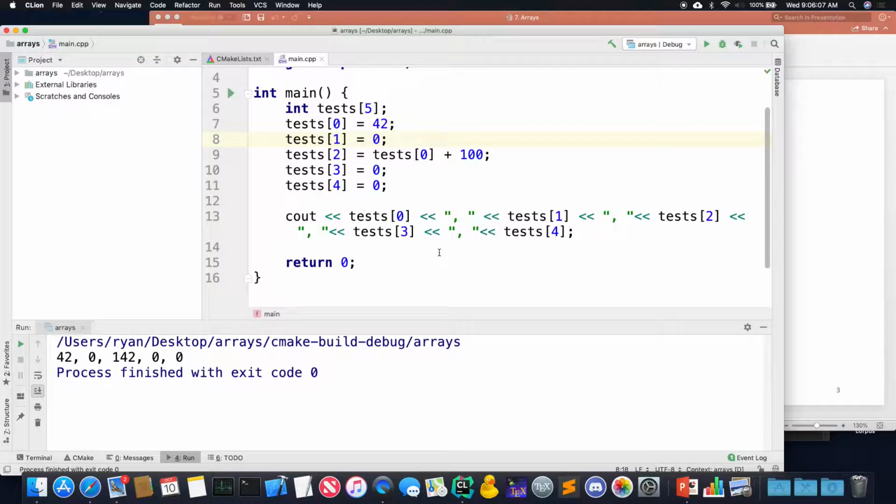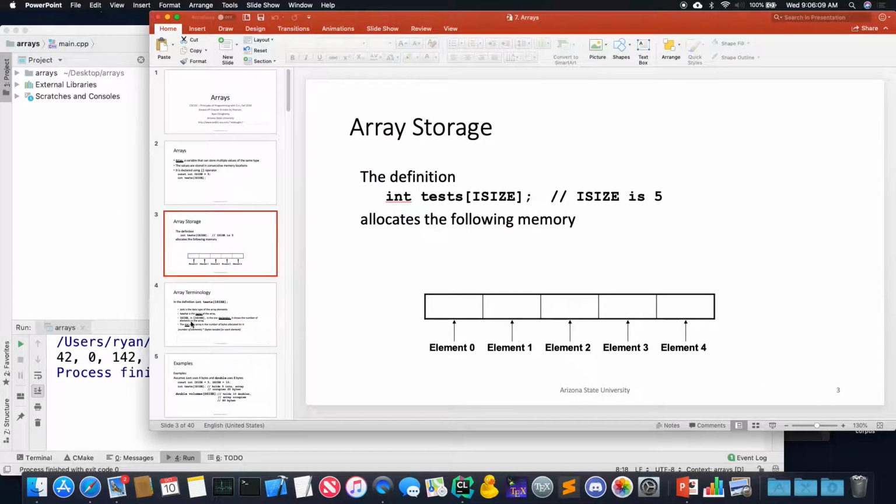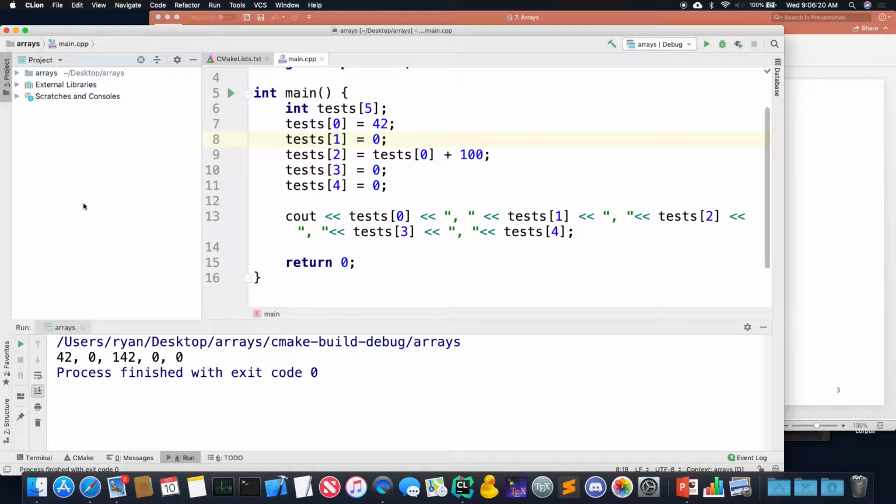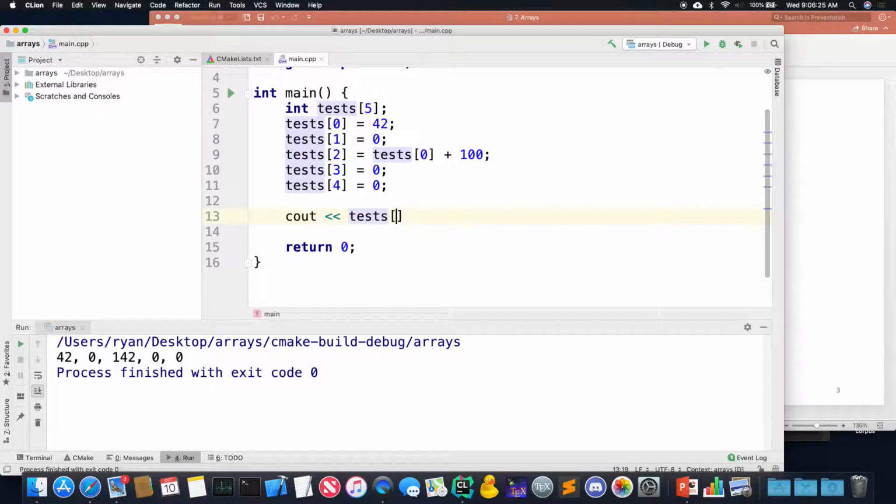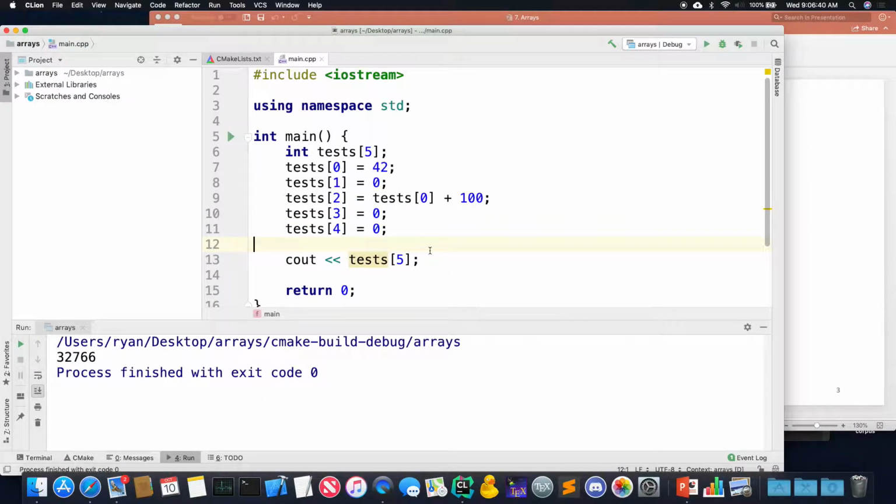Yeah. For the example with the array size, you said it was bad. What if you initialize the size at 5 and test the size? Good question. That would be equivalent to me doing this. If I wanted to print tests of 5 here, what do you think would happen? I'm printing index 5, not the 5th element, index 5. I actually think it'll be a compile error. Oh, nope. What do you think happened here? Why did it even succeed?